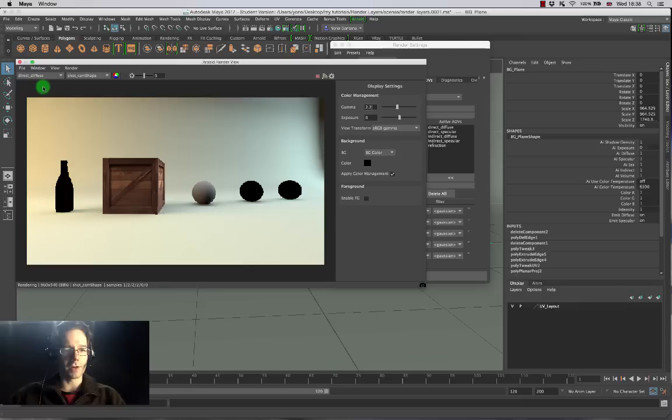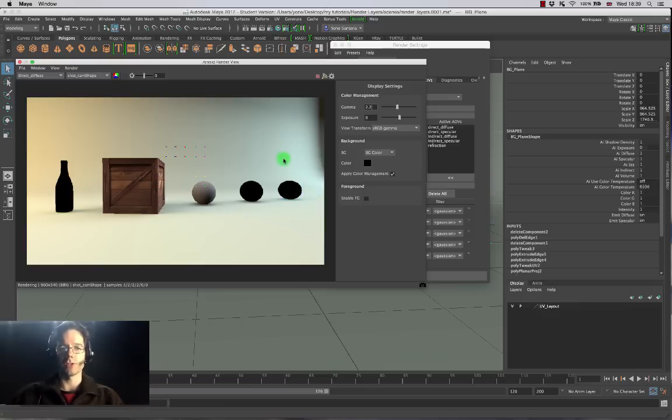But if I went into the direct diffuse channel over here, you'll see that the image that I get is ever so slightly different. You'll see that I can see the texture of the box because that's the diffuse color of it. And you'll also see that I can see the gray sphere inside of here. But you'll notice that this chrome sphere that I made with the Arnold standard material, and a glass sphere with the glass bottle on the left hand side, all of those materials that have either high reflectivity or high refractivity actually are black in the diffuse channel,